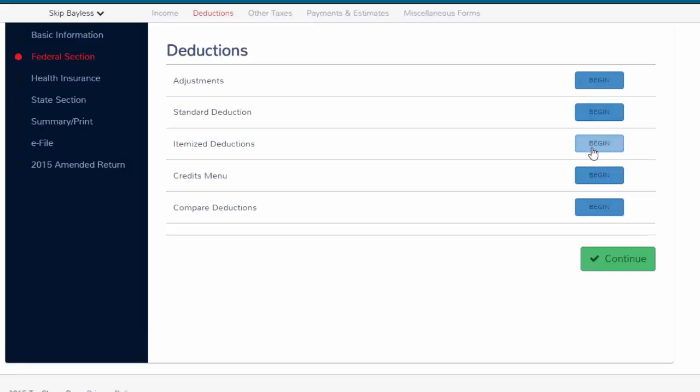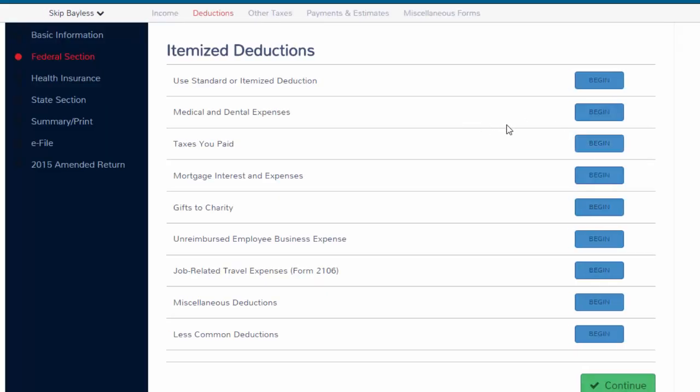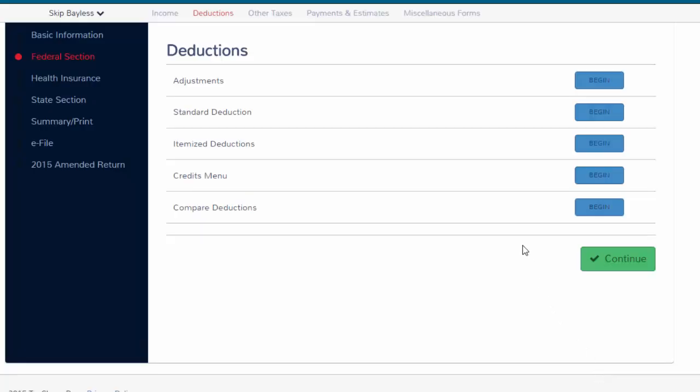Under the itemized deductions category, if my client had medical or dental expenses, mortgage interest, gifts to charity, things of that nature that would qualify him to use the itemized deductions, I would simply click on the Begin button and enter those amounts into the tax return. For my client, we're going to use the standard deduction, so I'll click the Continue button and return to the